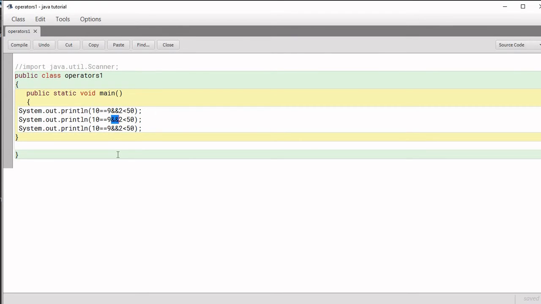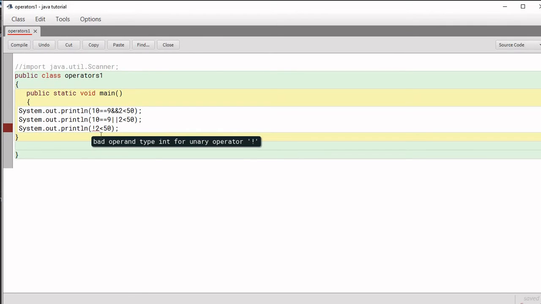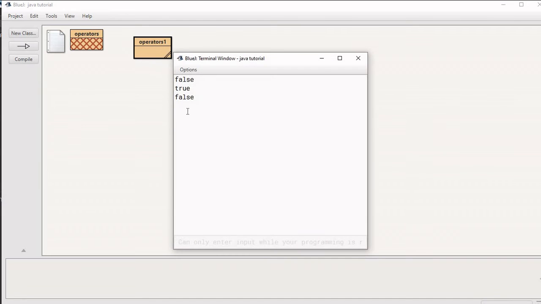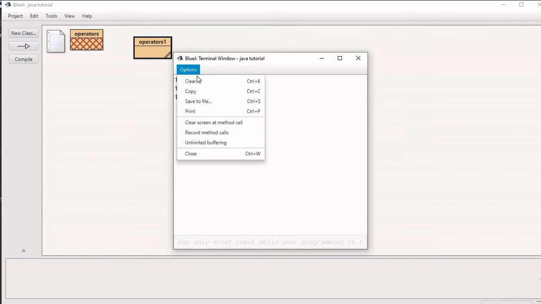Here we are going to put the sign of OR, and here we are going to put the sign of NOT. 10 equal to 9 is going to be false, 2 is less than 50 is actually true, so it becomes false. Yes, false, true and false, as you can see.